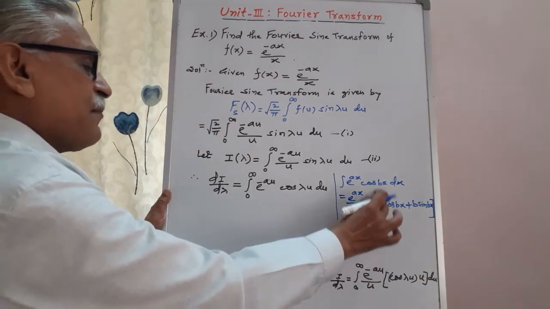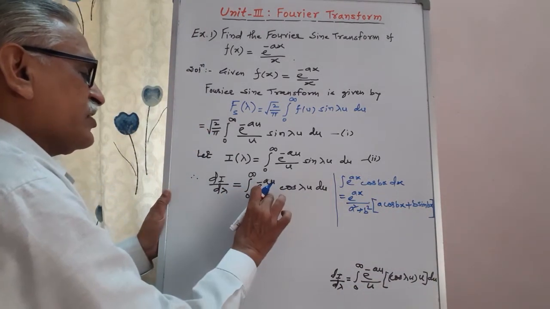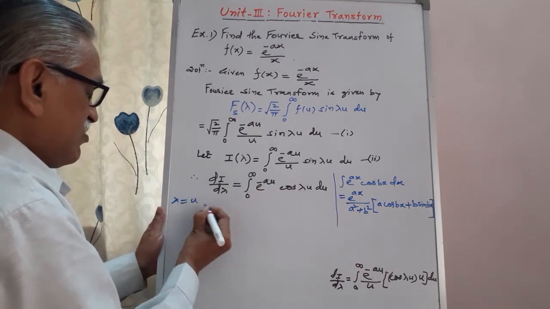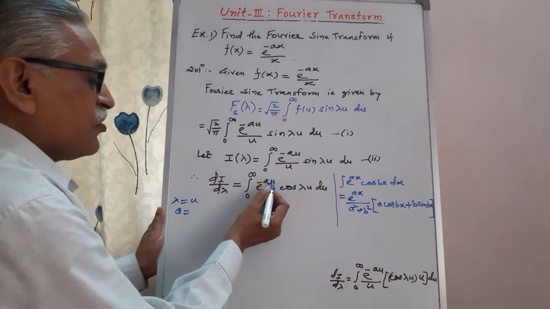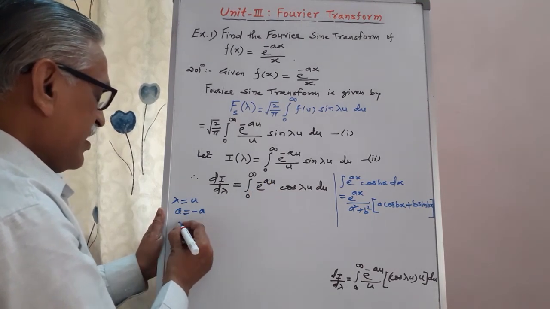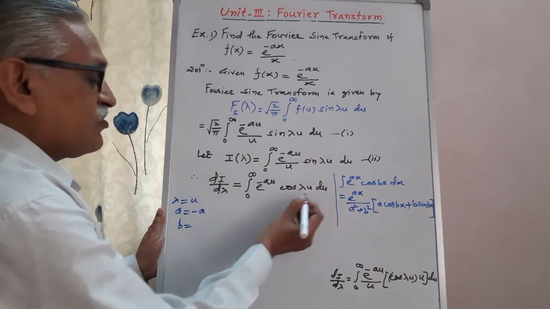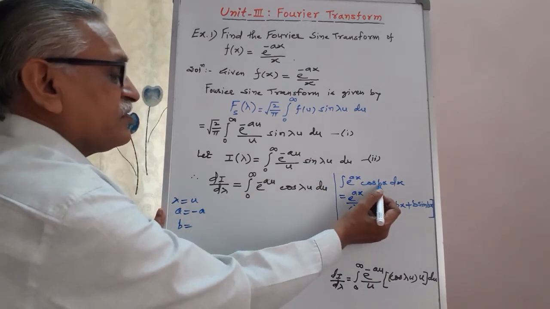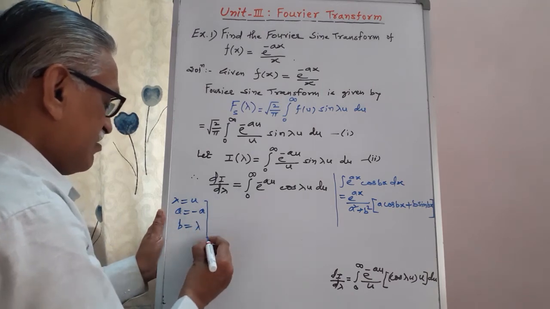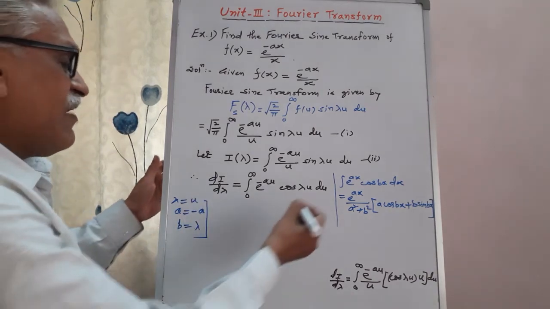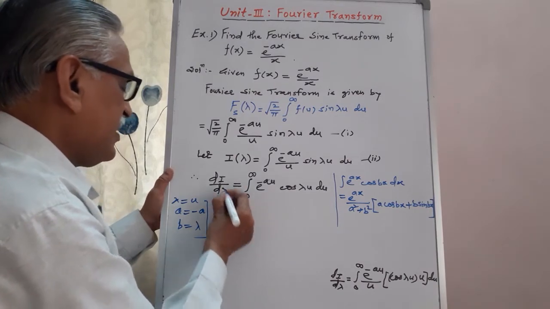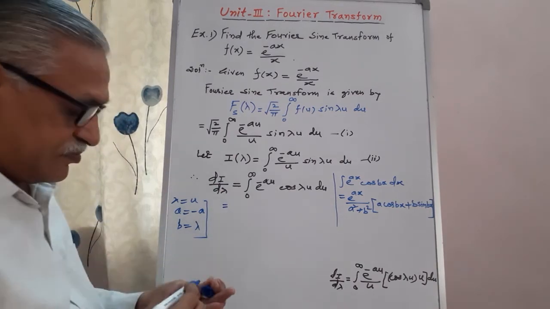Okay, and therefore to apply this, we have to compare these two results. We get x as u, a as the coefficient of u in this term, it is minus a, and b as the coefficient of x in this term, here the coefficient of u as lambda. Therefore using these values and that result, we get di by d lambda is equals to